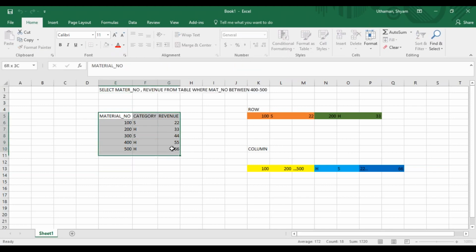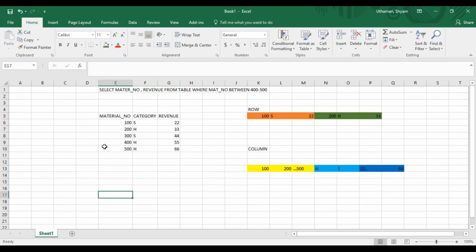if the entire list is already sorted, I know I want to pick up only something that starts from 400. If it is sorted, I know that my 400 would be somewhere towards the end of it, so I don't have to read the entire top part to reach this. My query goes directly toward the end of the result set, because it knows 400 should be somewhere below, since you have indexed it. So in a row based environment, it goes directly to wherever 400 is or around 400 and starts reading from there.